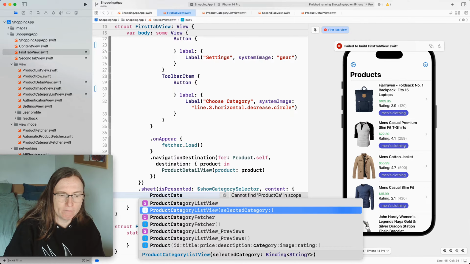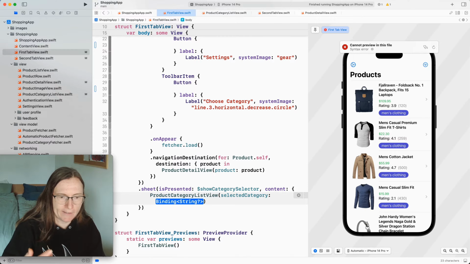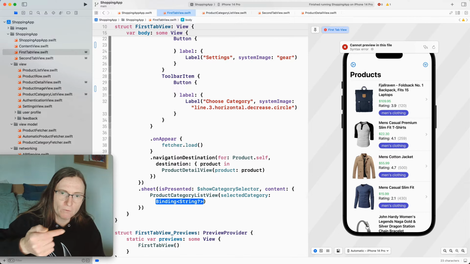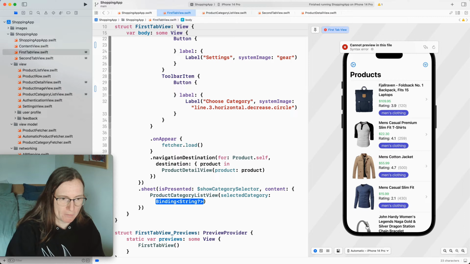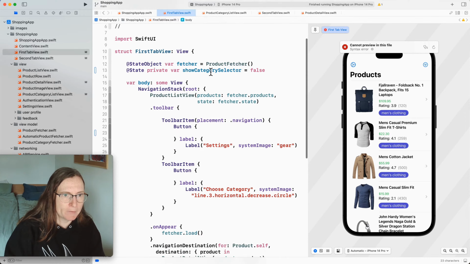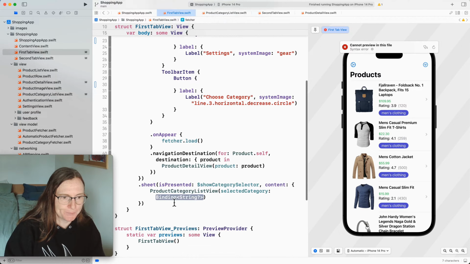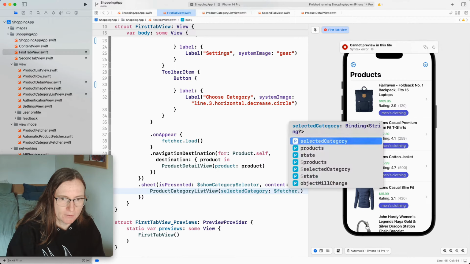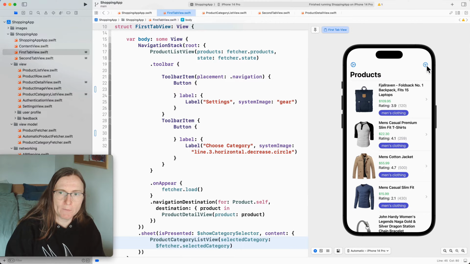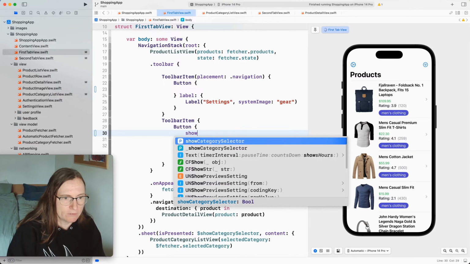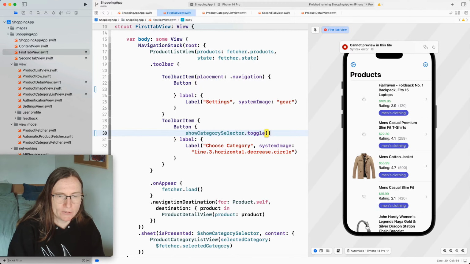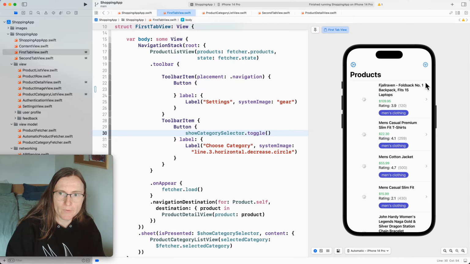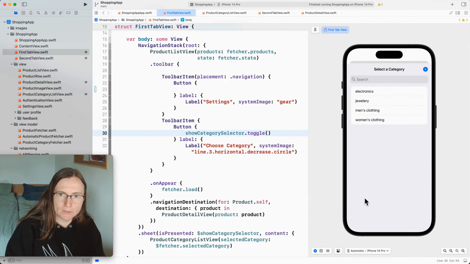And in this view I'm actually selecting a category that I need to pass further to my view model for fetching the proper data. This is here in my product fetcher, so this is $fetcher.selectedCategory. Okay, now when I press on this button here, still nothing happens because I did not actually toggle the state property. So let's do this, showCategorySelector.toggle. Okay, when I press here now, it opens this sheet